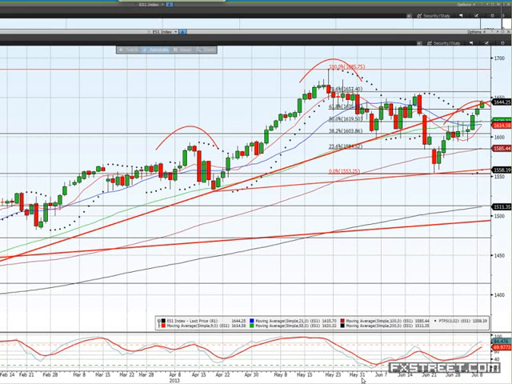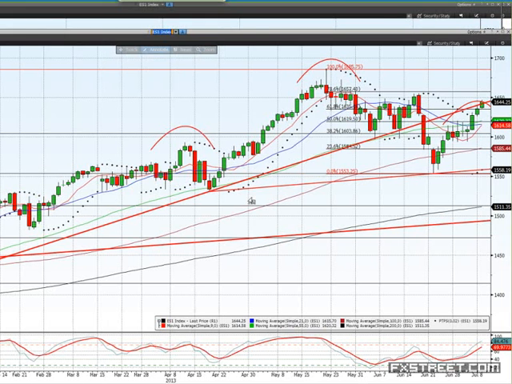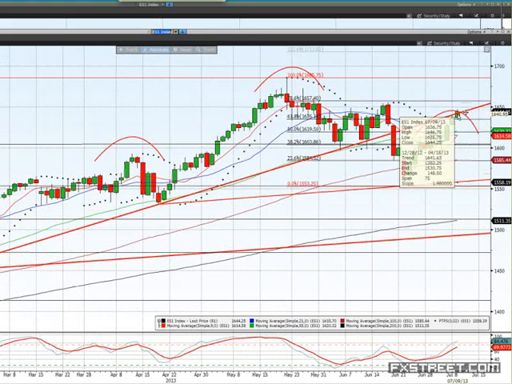You can see I was looking for a head and shoulders pattern. This is the neckline here. That right, left shoulder, head, right shoulder, and I was thinking we're going to top out here potentially. I thought this trend line would hold it, and I thought we might be looking at a head and shoulders pattern. So today's going to be quite interesting to see what happens.